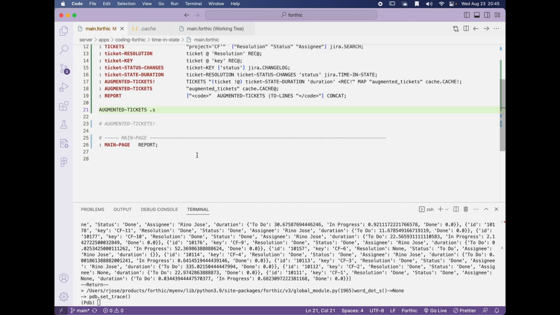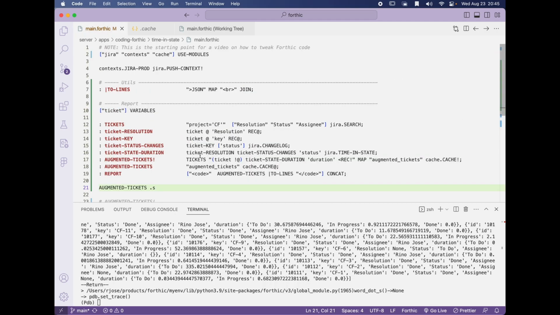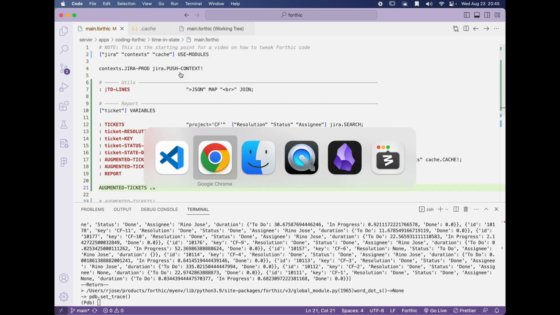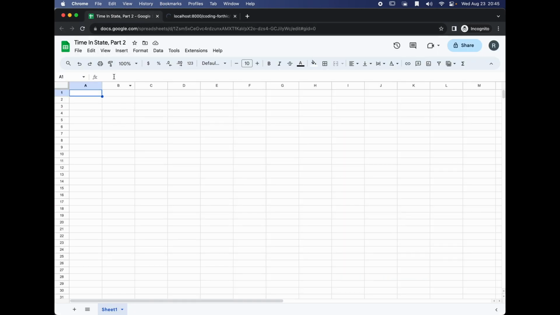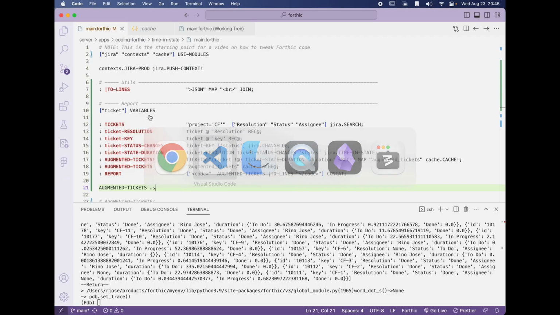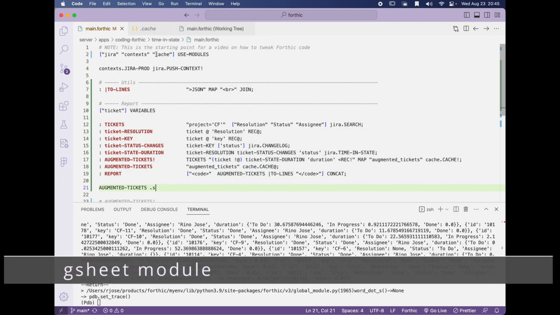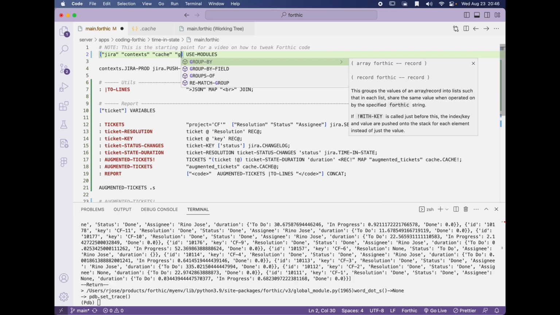So the next thing that we want to do is write data out to a gsheet. And I have a gsheet that I've set up here, and this is where I want to put it. And so we have a gsheet module that we can use. So if we just use that here,